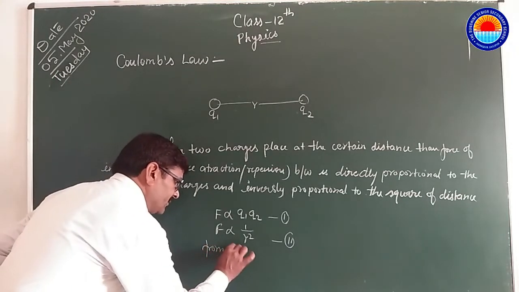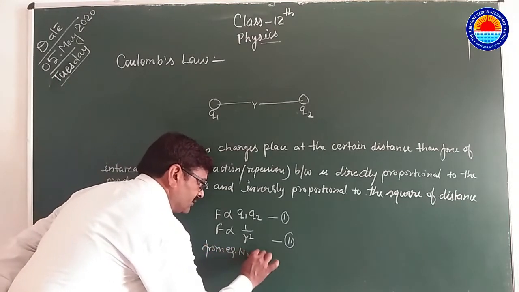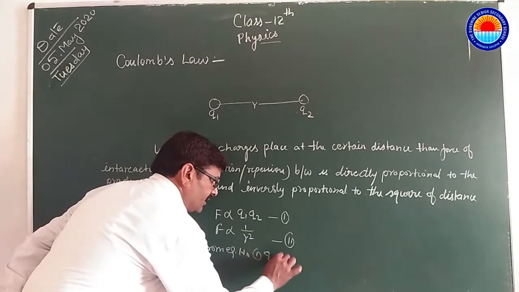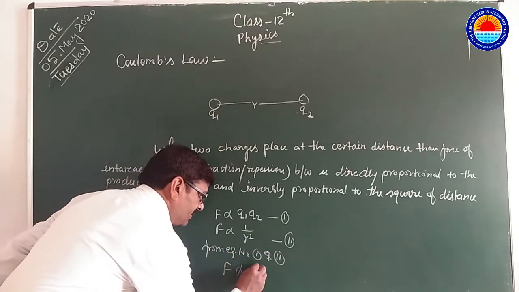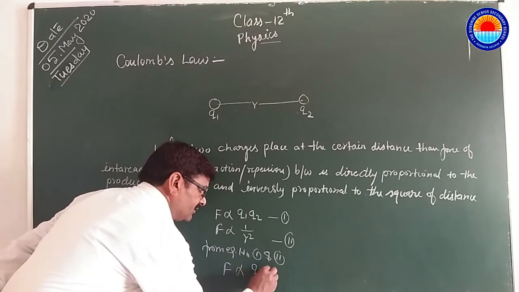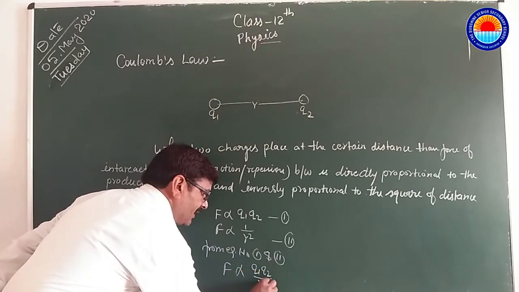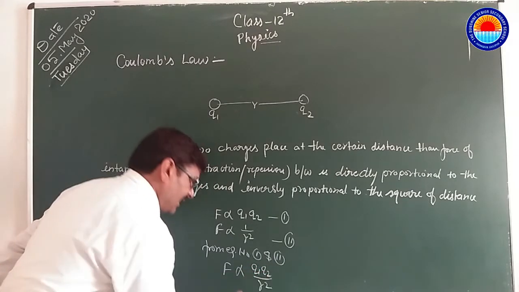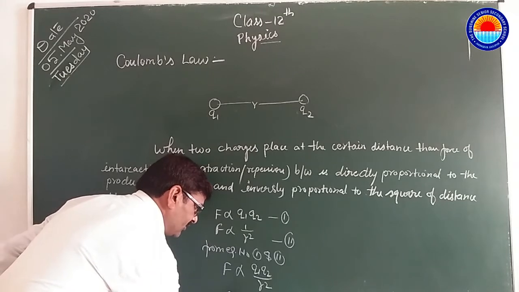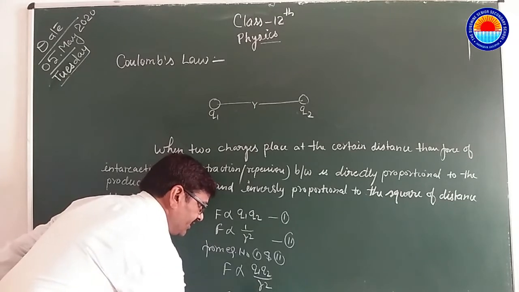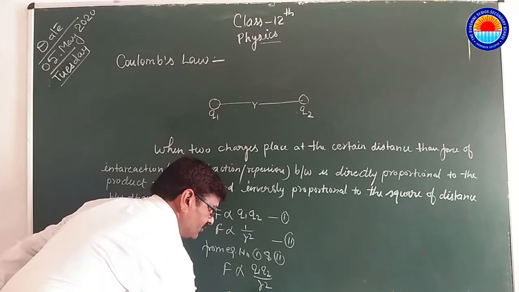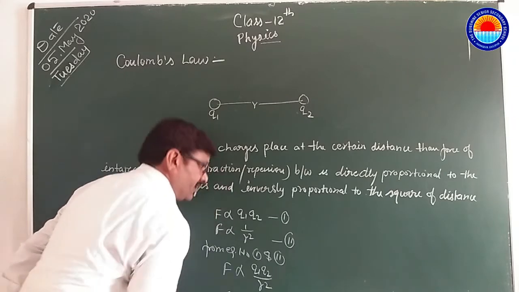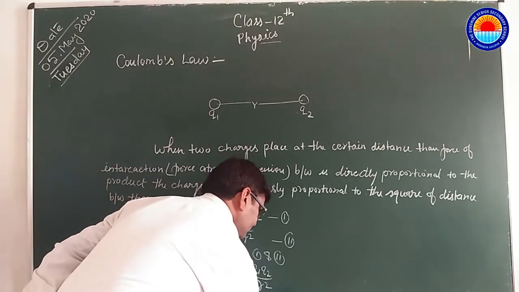From equations 1 and 2, we get F directly proportional to Q1 Q2 upon R square. F is equal to K Q1 Q2 upon R square, where K is